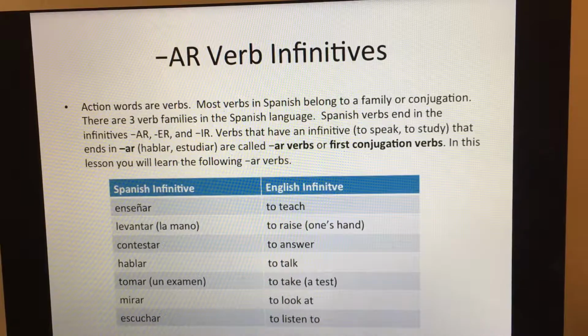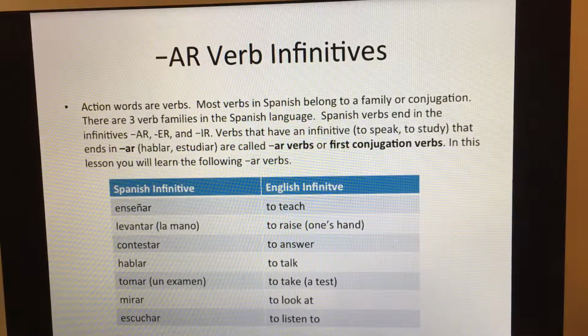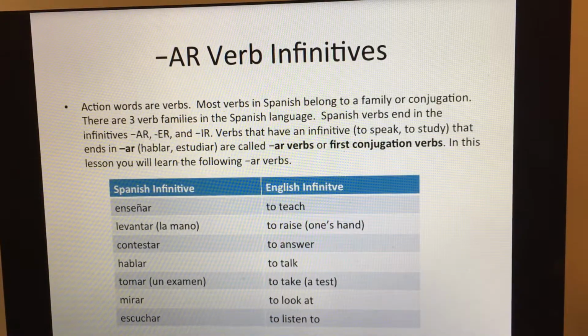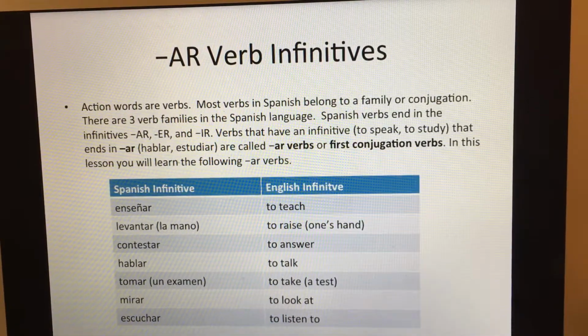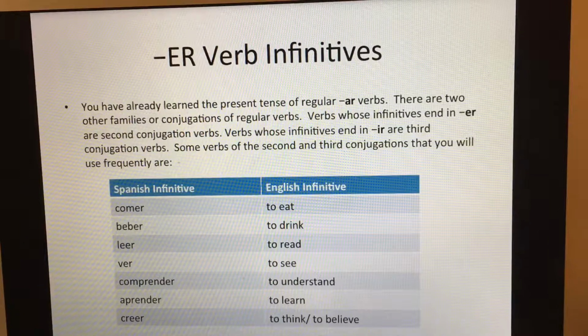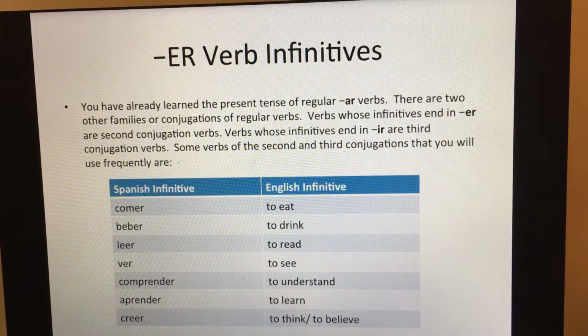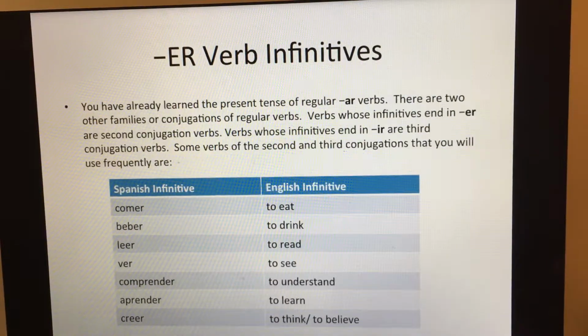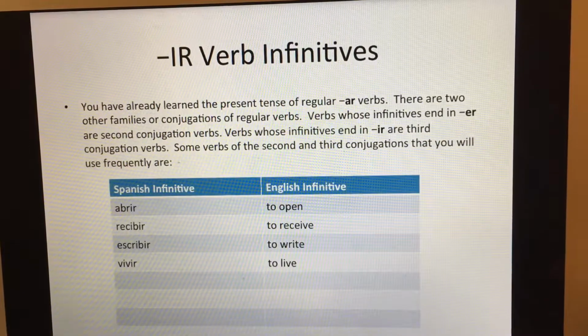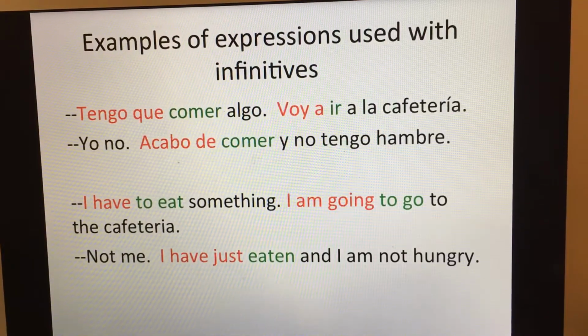Now, we were talking about infinitives. Here's a reminder of some infinitives that I had shown you in previous lessons. Here are some AR infinitives. Here are some ER infinitives. And here are some IR infinitives. So you will use these expressions with these infinitives. Now, let's look at some